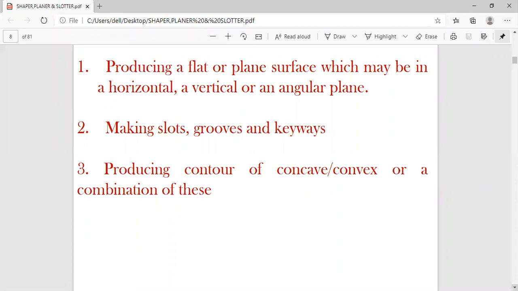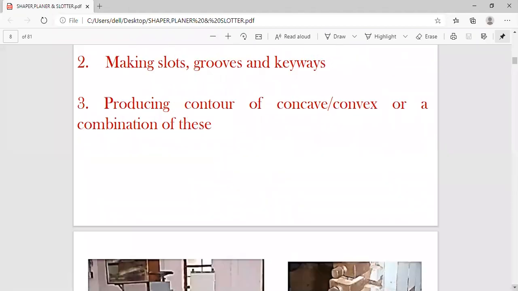So, producing a counter of concave. Already I told you, if you want to have a concave surface, you try to produce in the machine shop the opposite one as far as the form tool is concerned. Suppose you want to have a convex, you try to produce the opposite of that. Or you can have concave or convex, or a combination of these. So all these are the complex surfaces. For the regular surfaces, you try to have the forming tool.